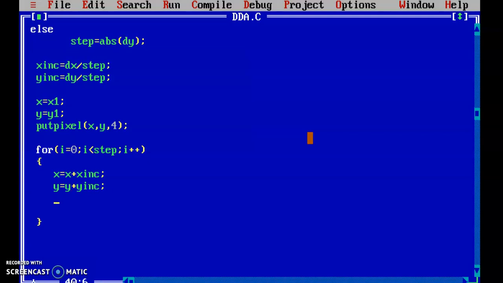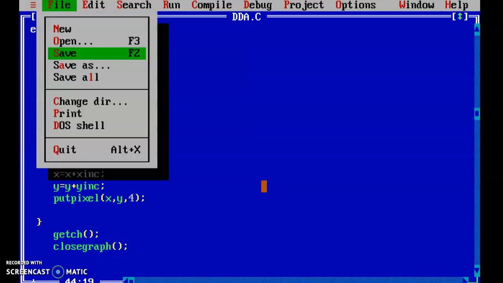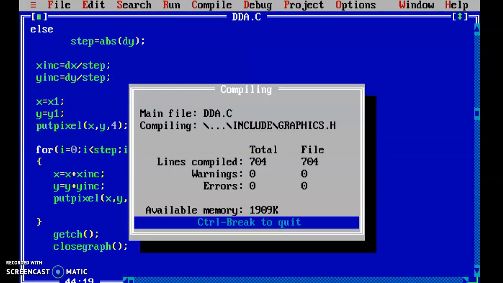These two give me a new pixel value, and whenever I get a new pixel, I need to plot it again, until my steps are met. So pass x, y and 4. I'm writing 4 because the whole line should match in color. After this we'll write getch, and you have to write closegraph to unload all the drivers which were initialized. Okay, we'll save this program and run it.